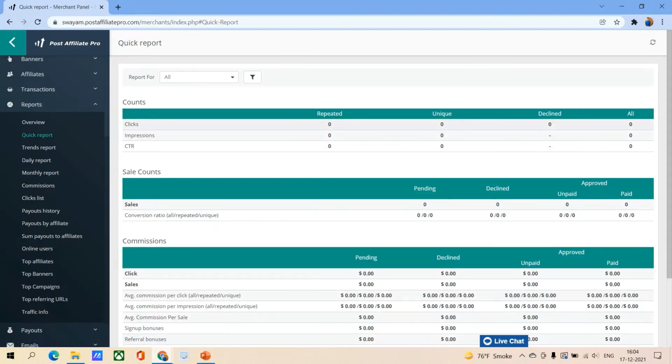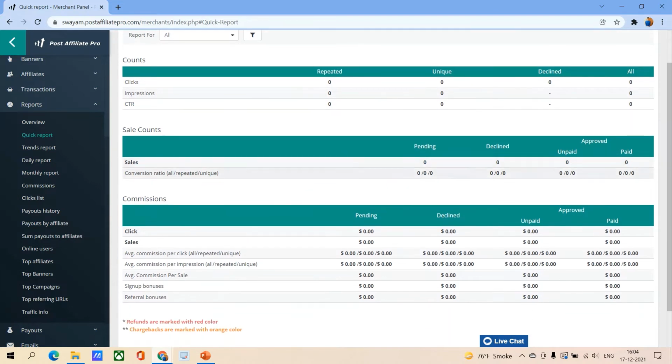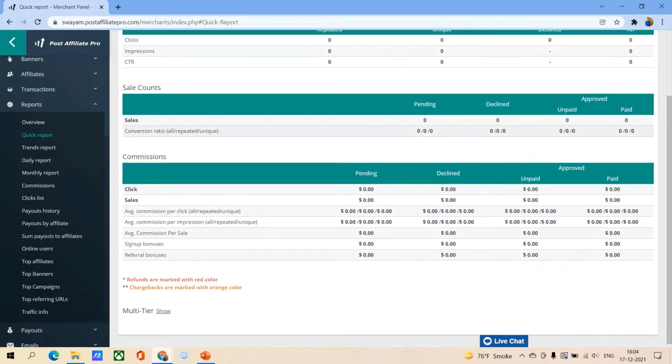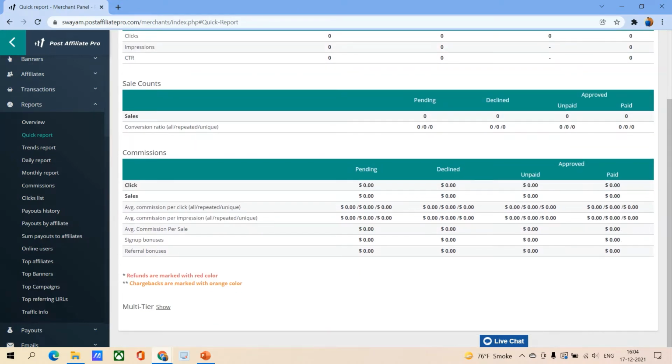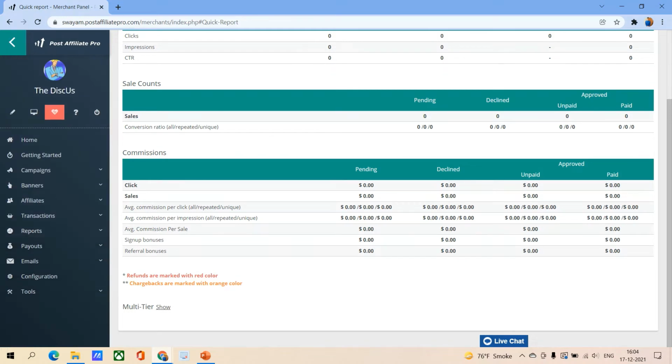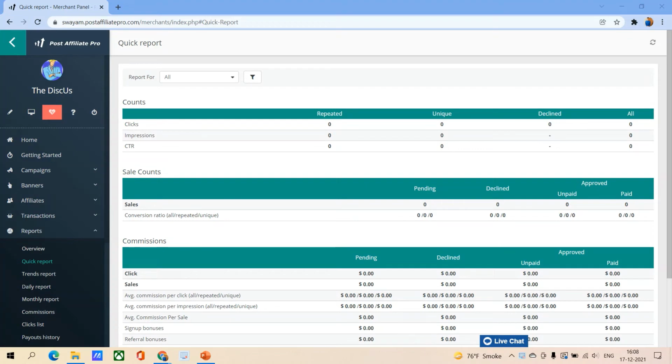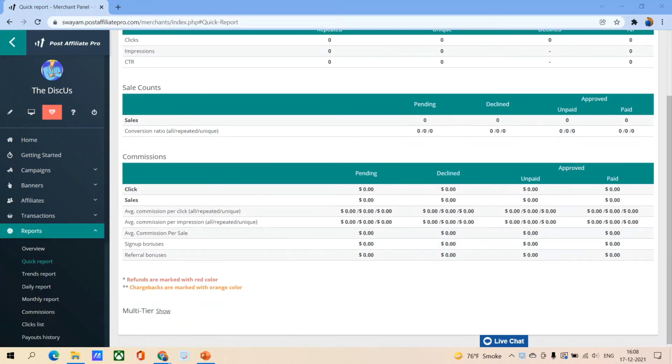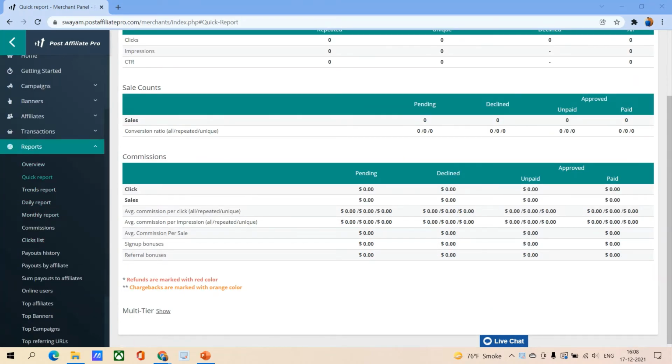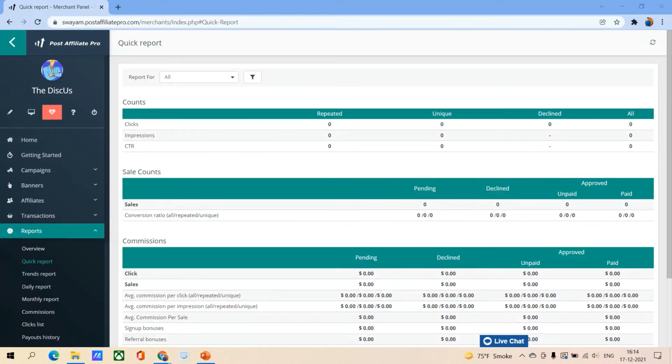you can see you get every data of all your affiliate programs. So here is clicks, impressions, CTR, what is the CTR basically, what is the conversion ratio, and how all your affiliates are performing, so basically the performance report of all your affiliates, and you get everything under this one section. So yeah, Post Affiliate Pro really stands out in giving this type of quality reports to all the businessmen, as you get access to everything, every single detail on your promotions. So yeah, this is for the report section.